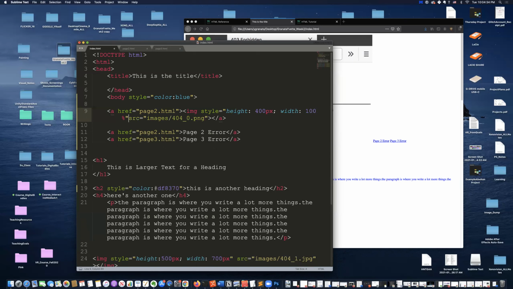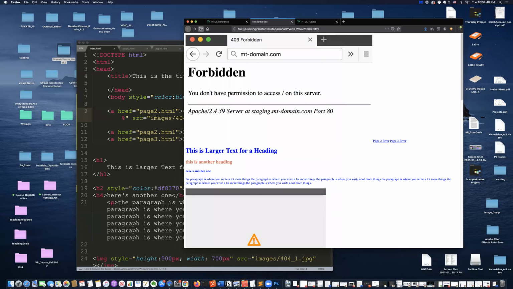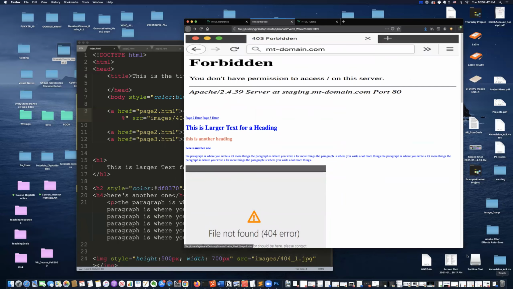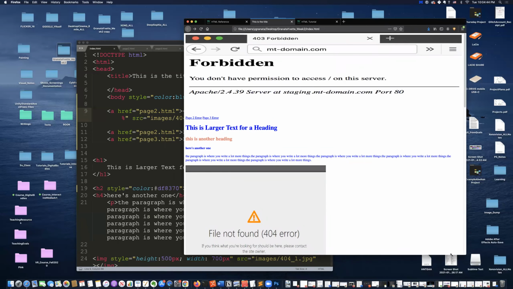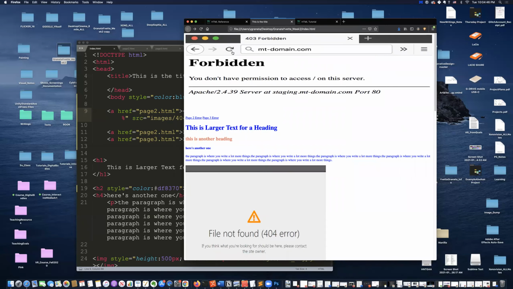So I don't have to put in the pixels only, I can also put the percentage. So that should make it so that it just stretches for the width of the page and whatever height I told it to. So now I have this header image and my page 2 and my page 3 linked together,